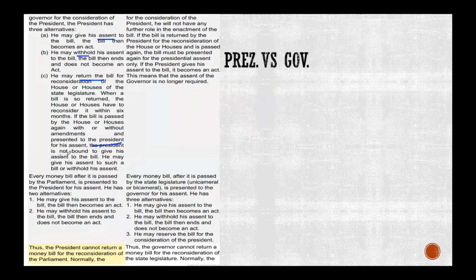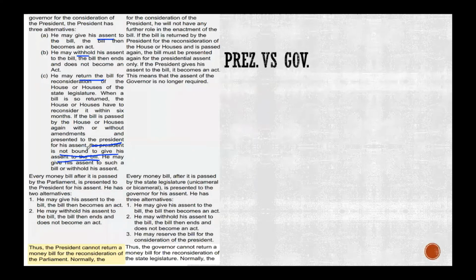So I'll repeat this again. If the Lok Sabha and Rajya Sabha pass a bill and give it to the president to try to make it an act, the president in the second attempt has to accept it, has to give assent to the bill. However, if it is from the state legislature, and the governor has decided to reserve the bill for the consideration of the president. Reserve is the right word. Reserve the bill for the consideration of the president.